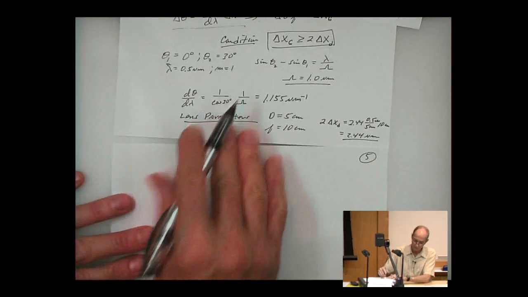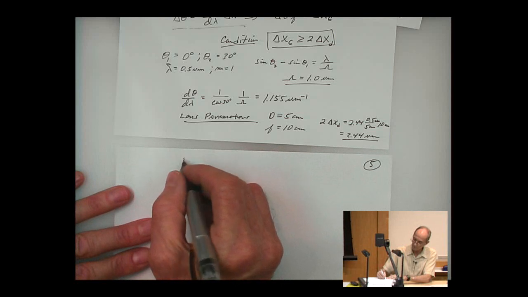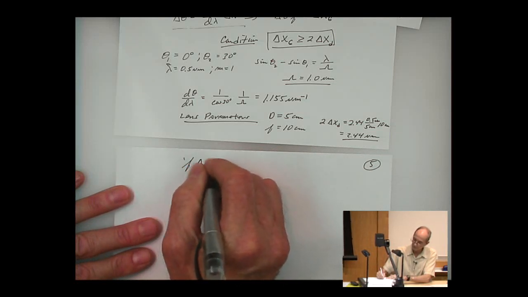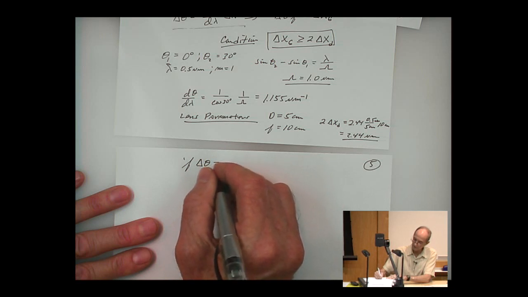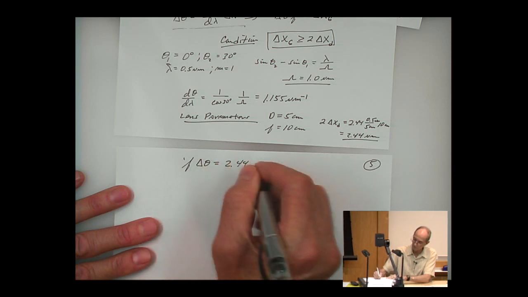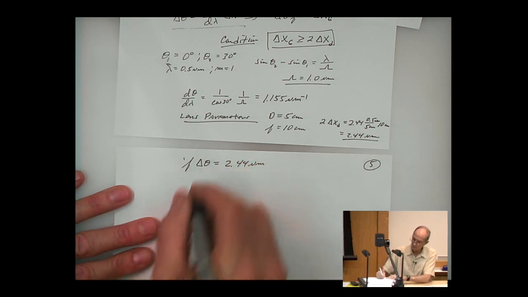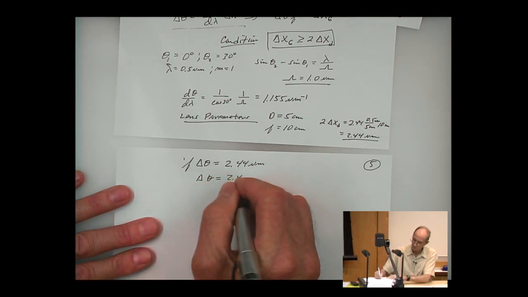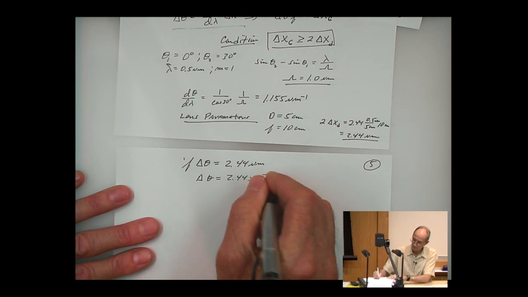So again, if we have our focal length of 10 centimeters, f times delta theta is now equal to 2.44 microns, then delta theta is 2.44 times 10 to the minus 5th